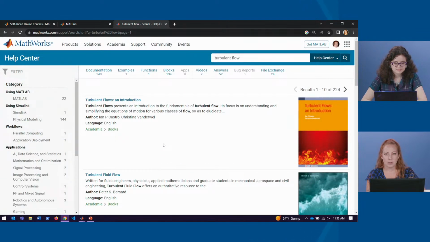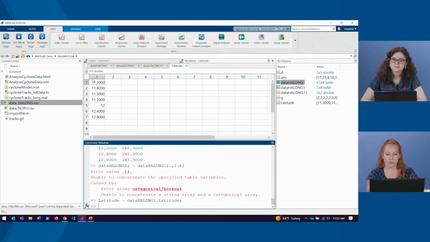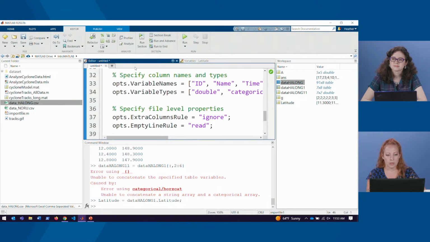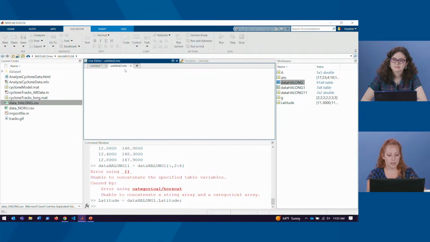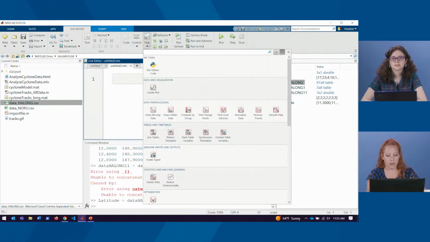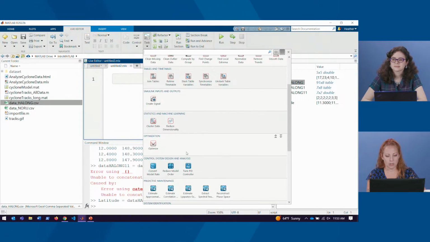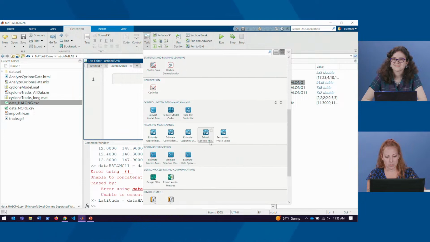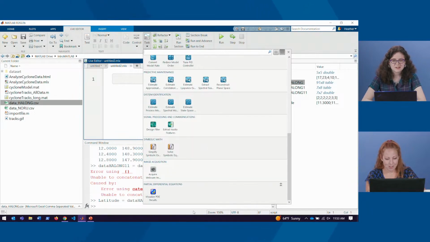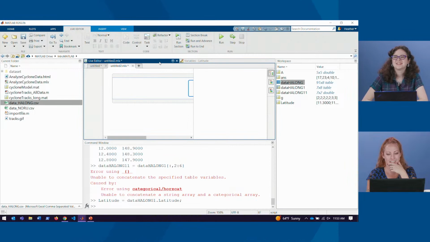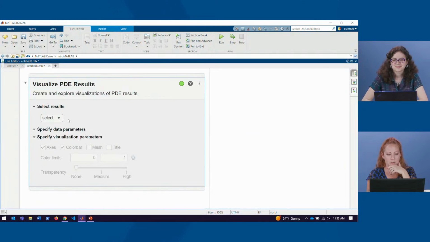Depending on what you're trying to do with it, you might want to do physical modeling, or you might want to do something like partial differential equations. For example, where's my live script? Sorry. There's a live task for optimization. What was I just talking about? Different PDEs. There it is. So if you look at the PDE toolbox, there's a good few examples of